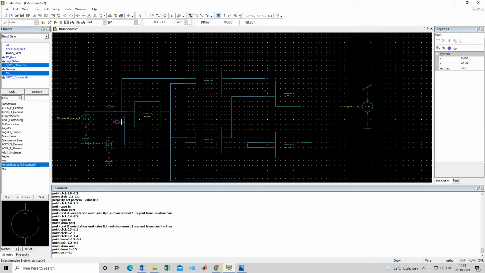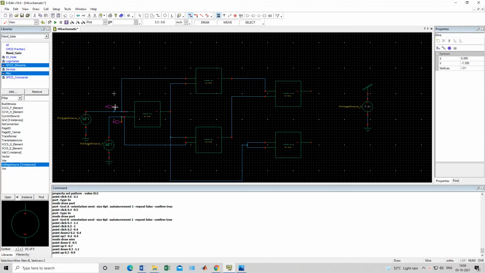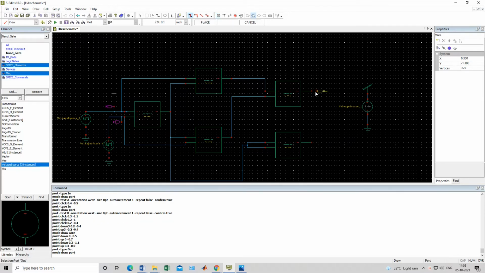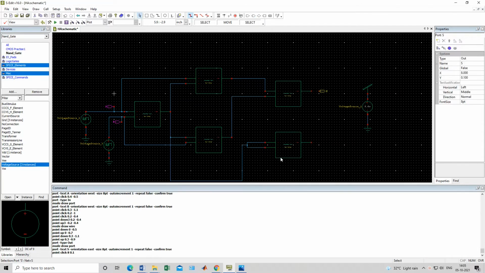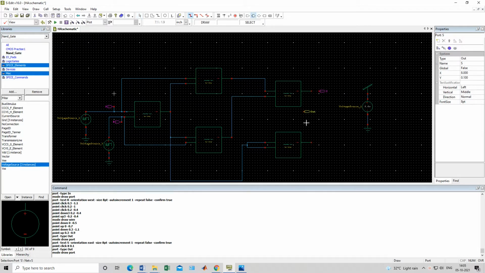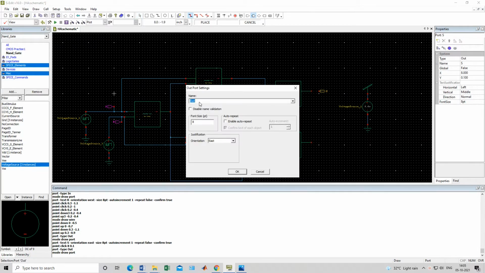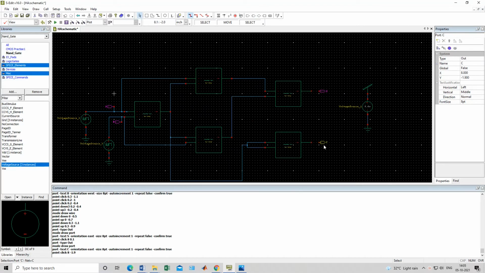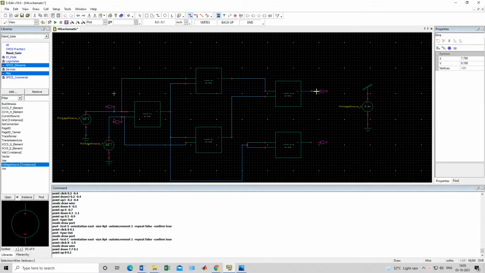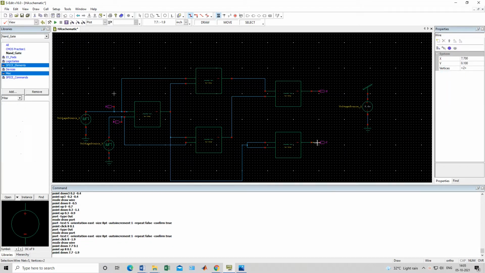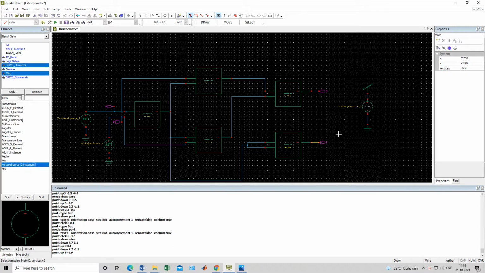So A and B are connected. Now connect the outputs. Write one as S, for sum, and one output as C, meaning carry output. Take one wire to connect it. Okay, done. So this is your input and output.